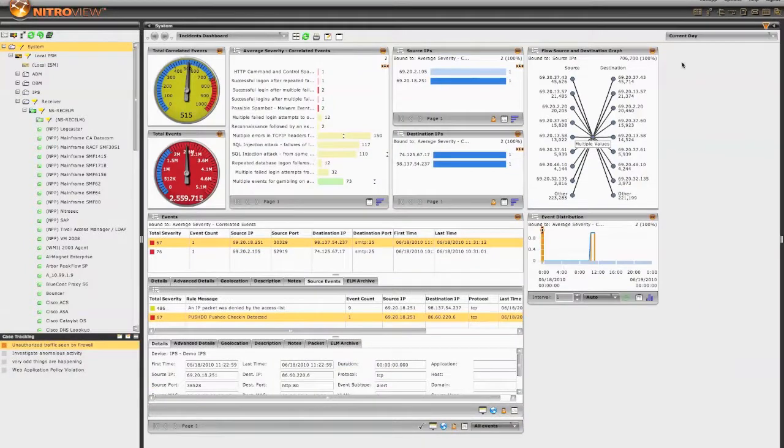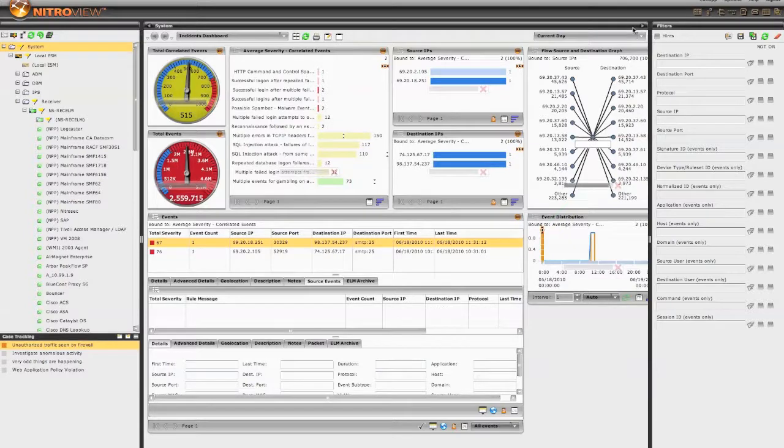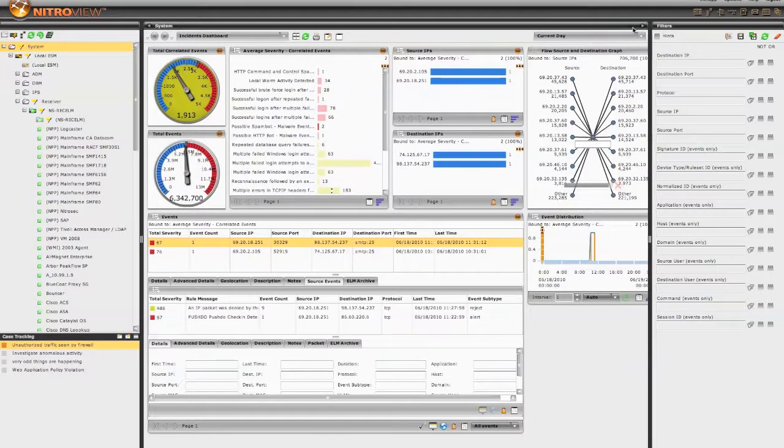Now, I want to take a step back quickly to talk about how we came up with this dynamic enclave asset group. Understanding the context of your assets directly impacts your risk profile. Just as with a secure enclave where you know certain things should be talking to other things, the more you know about the assets being used in your network and how they should behave allows you to do exception reporting